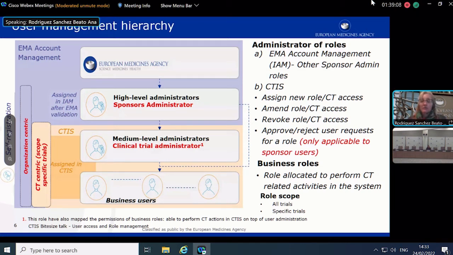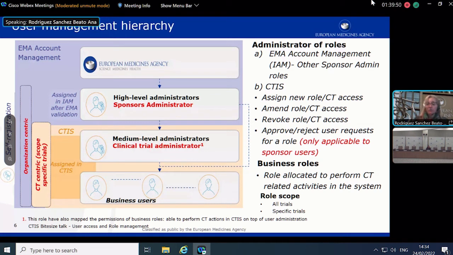So then this first sponsor administrator that has been assigned with a role will be able to assign further roles in IAM. So further roles, I mean further sponsor administrators. So it is possible to have more than one sponsor administrator for sure, although we recommend you not to have many and limit it to 2 or 3, so to ensure that there are some backup options. Okay, so once this sponsor administrator has been registered in IAM, then this user with the credentials obtained through the self-registration process will log in to CTIS, and then start the assignment of roles.